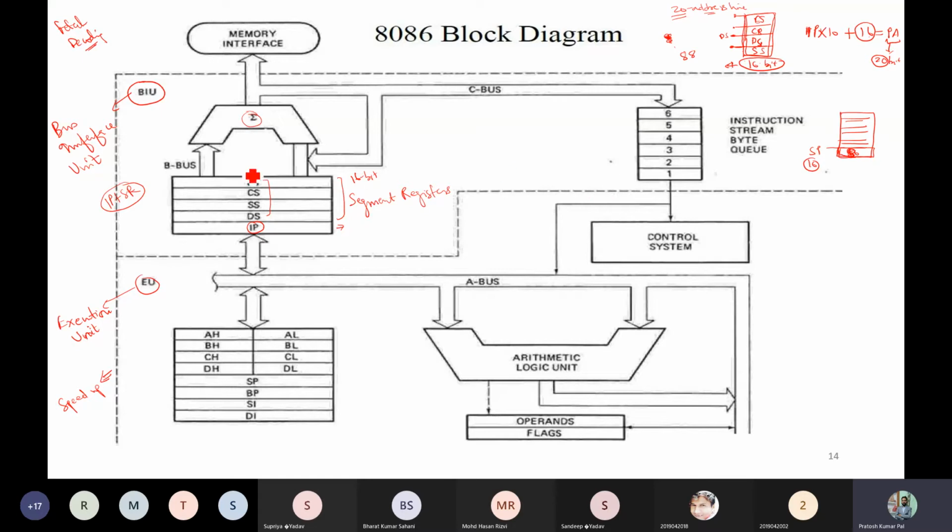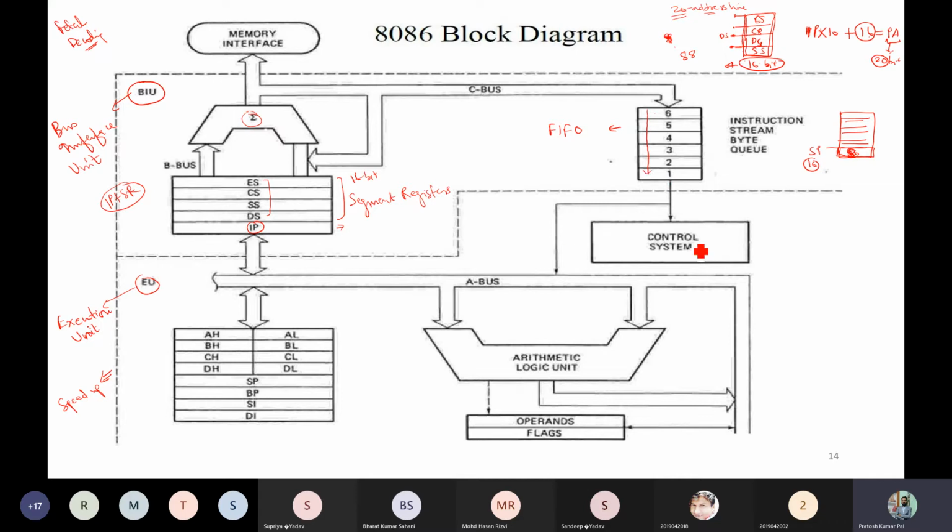And once it is done, it will be stored here into the queue. So the queue is like, if we are providing this queue, this is the first field, then second, third, fourth. Once the first field is filled, another data will be there in the queue, then the first one will be shifted to here. So the queue works first in, first out. The data that is there first is input into the queue, it goes downward, and from there it will be fetched first.